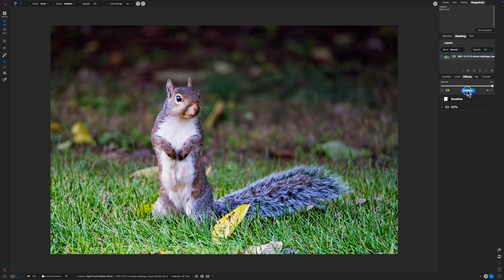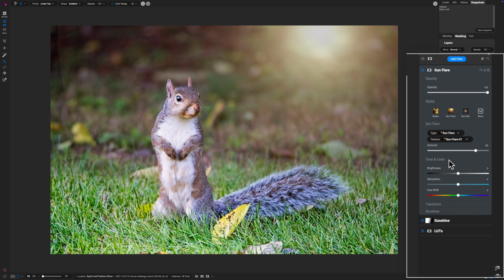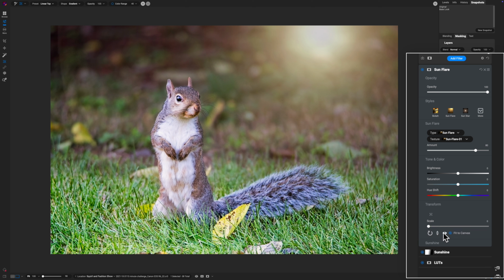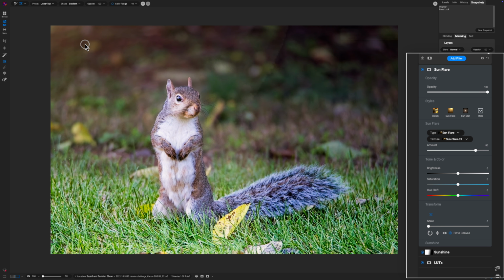So what else could I do? Let's go ahead and throw in a sun flare. And I use these from time to time in my edits. I think that they're fun to play with. I'm going to go ahead and rotate this to the other side, and then I'm going to move it maybe